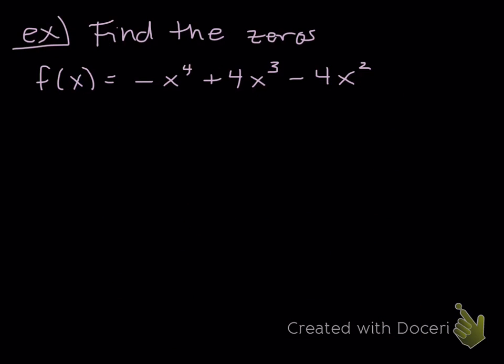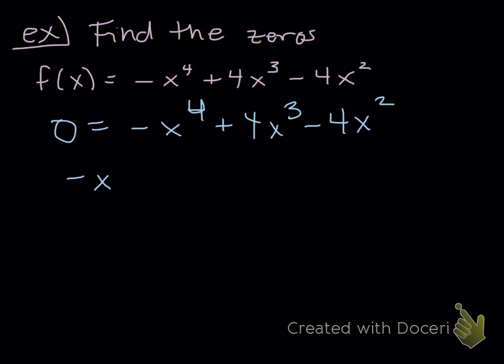The next one is a different way to go about it. So notice I don't have 4 terms, so I can't just start grouping them or putting them in the box, but I can look at this and say that I have a GCF. So my GCF here is an x squared. So I'm going to take an x squared out of every term. And I'm actually going to take a negative x squared because I don't like factoring with a leading coefficient that's negative. So if I take a negative x squared out, I'm going to be left with a positive x squared minus 4x plus 4